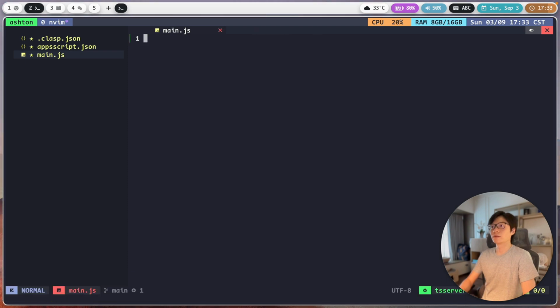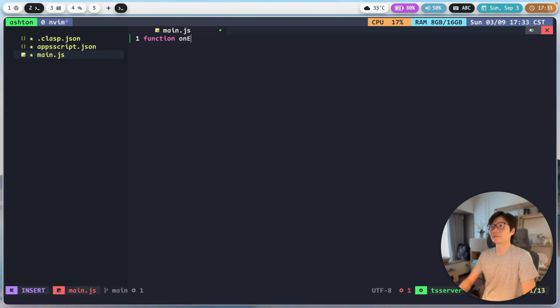No, I'm not going to save it. So right now I'm in this file. I'm going to create a function first for the onEdit event, and I'm going to put an underscore after this